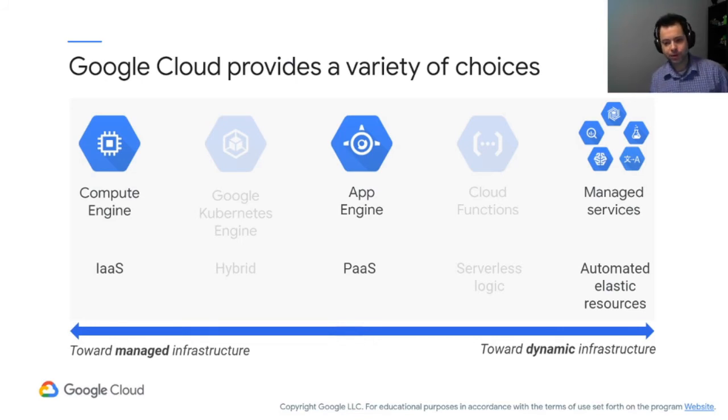The platform as a service side is going to be your app engine. This is where you start creating applications. And again, this will be in a common programming language like Node or Python or C Sharp or whatever your language of choice is. And you don't care about the operating system. You care about the application itself. You're going to assume that the OS is running somewhere. And what you're going to see kind of behind the scenes is that, yes, Google is spinning up virtual machines for this, or there is a managed pool of these things available. But you, the user, the customer, do not care about that.